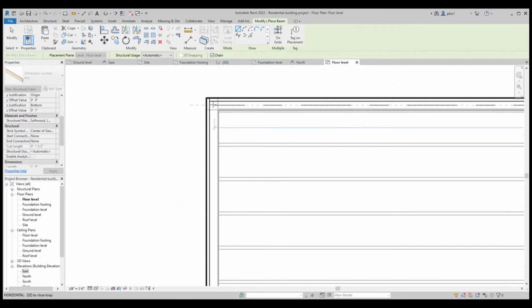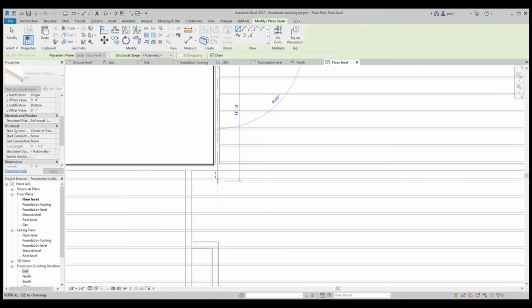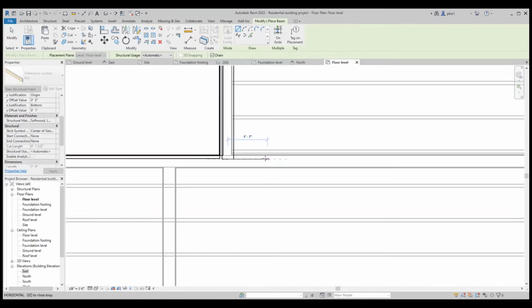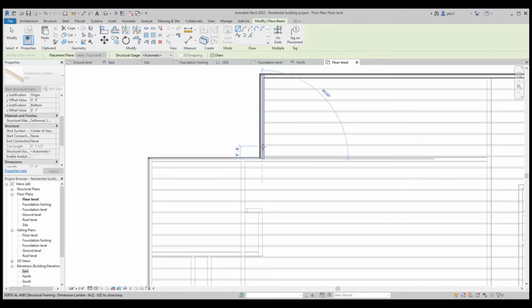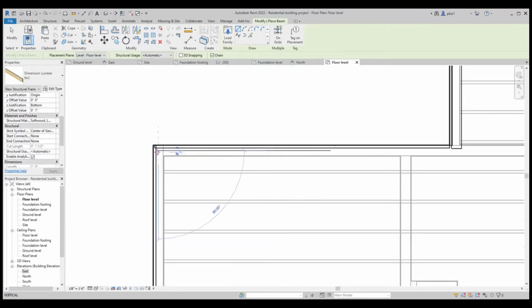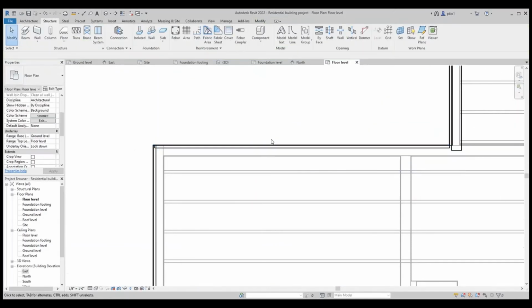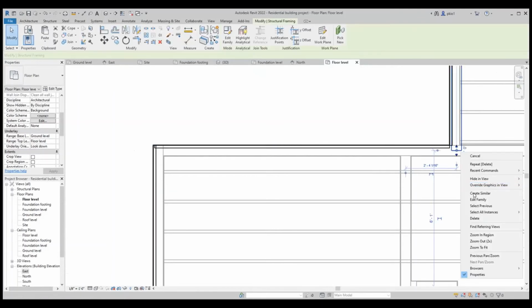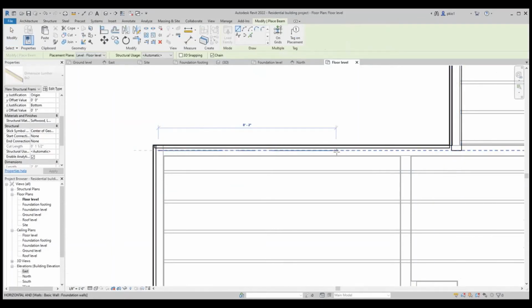For the exterior walls first. Create similar. So always remember to use your create similar so that it works with the settings you already have.